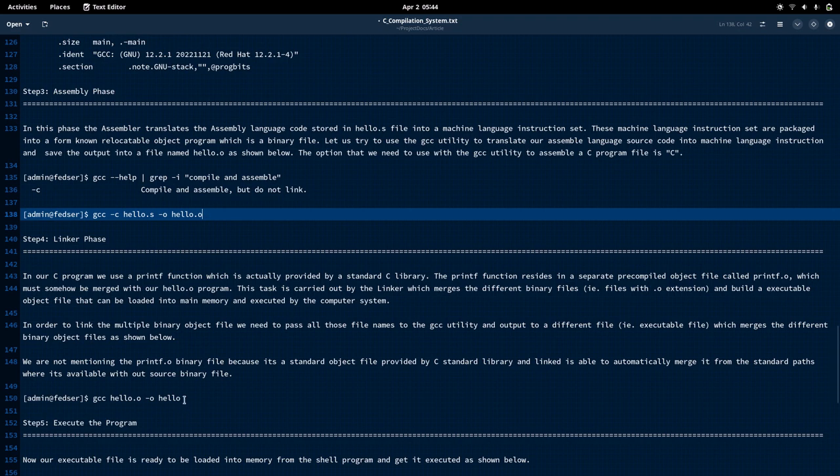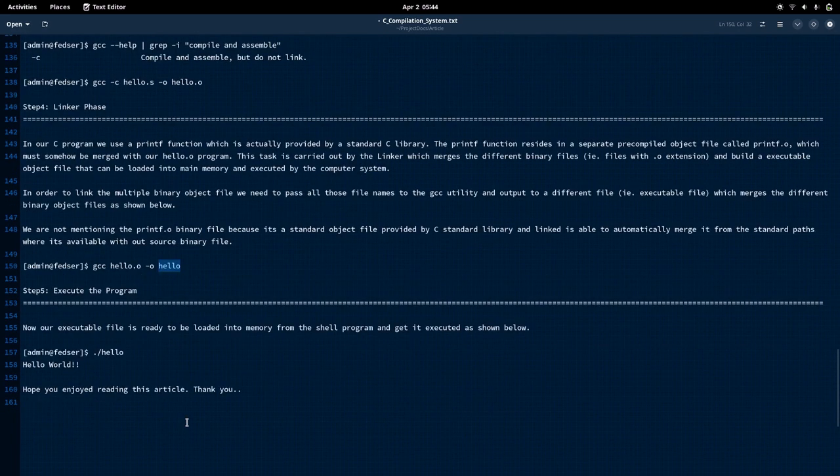Okay, that file name can be anything, but here we have defined the output as hello, so that will be our executable file, which is the final product of our program that we can execute on our machine to generate our output. Okay, so let us go into our step 5, that is executing our program.